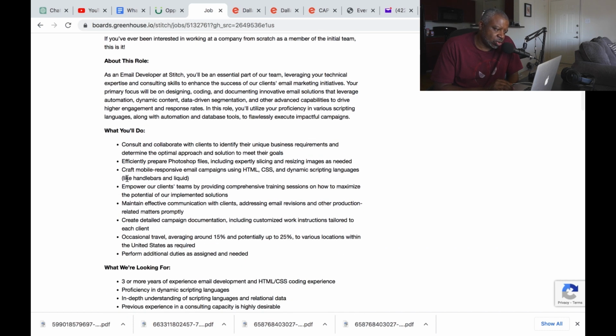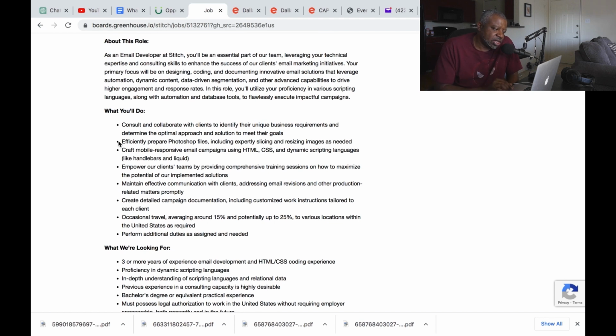They said, let's go to what you will do. Consult and collaborate with clients to identify their unique business requirements and determine the optimal approach and solution to meet their goals. So, basically, you're just going by their protocol or how they want to work on these different projects. That's pretty much what that means. It's kind of a generic requirement that you see everywhere as well. So the next thing it says